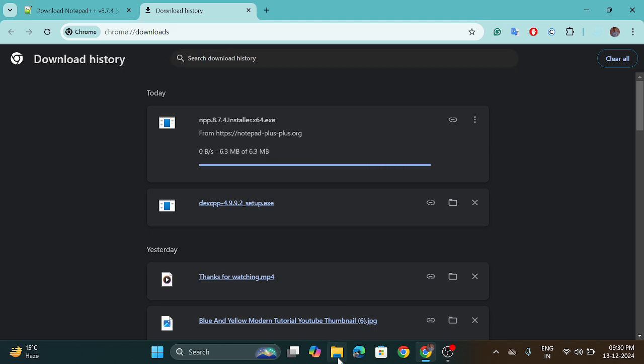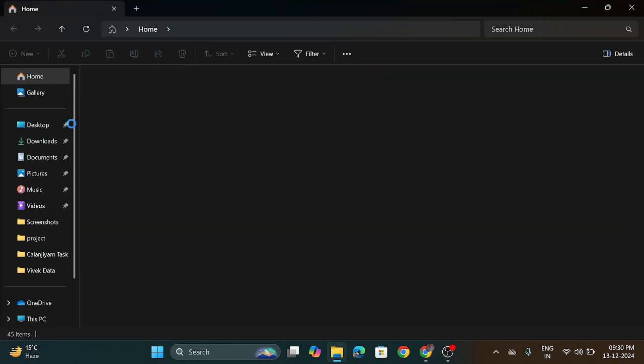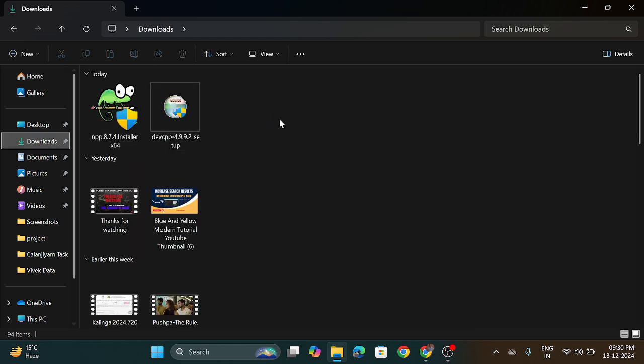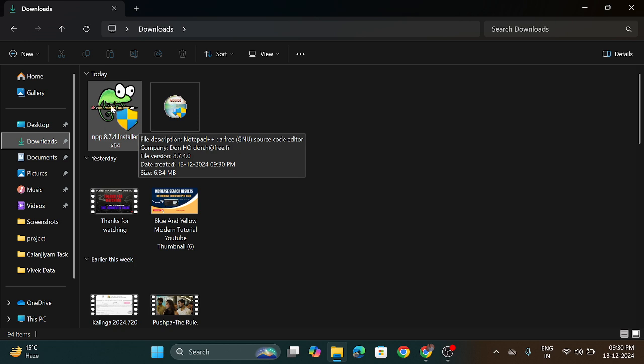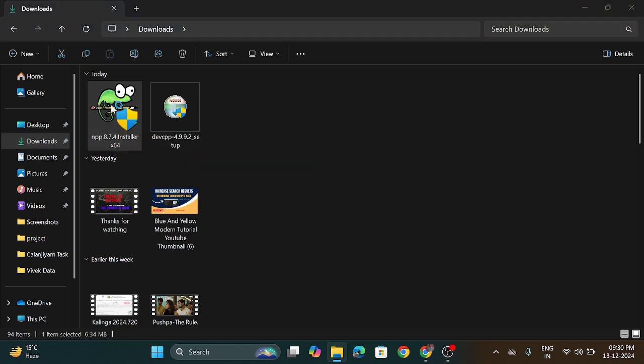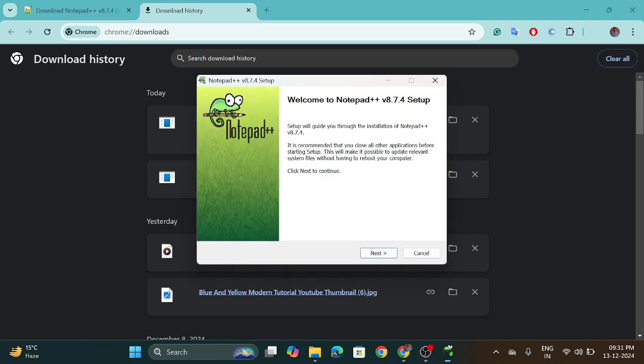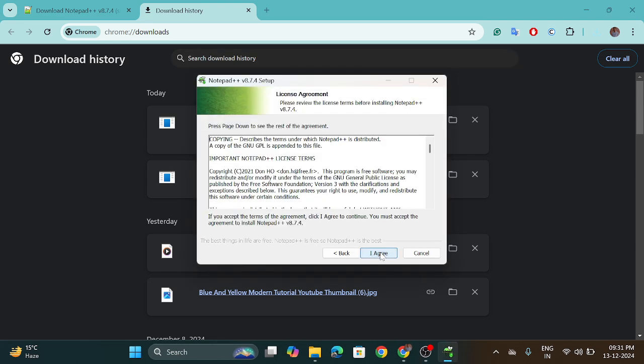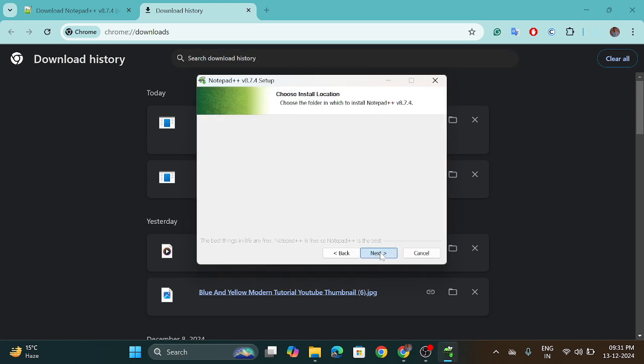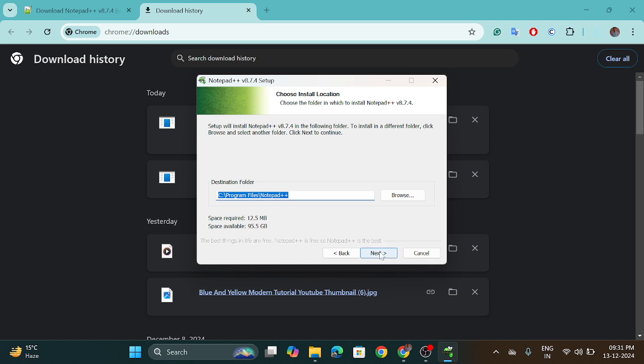So now go to the file manager, download section. You can see this Notepad++ installer file is here. Click on this and click on this yes button. Choose the language, which by default is English. Click on this next button, then agree to these terms and conditions. Again click on this next button